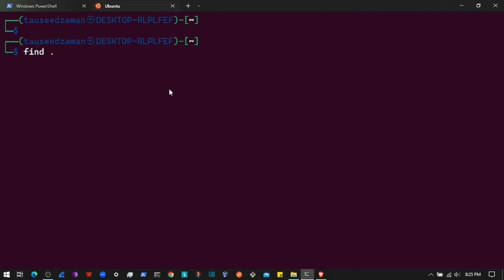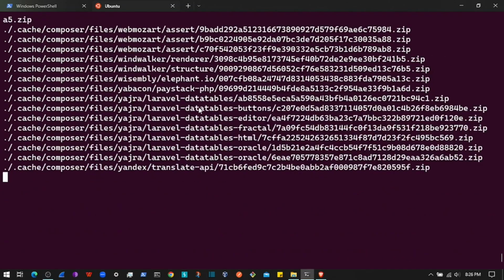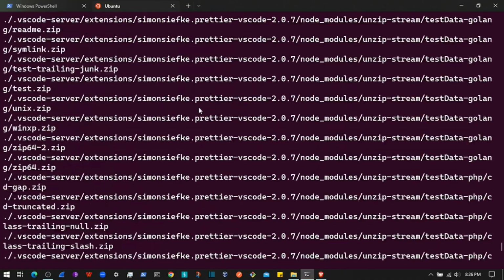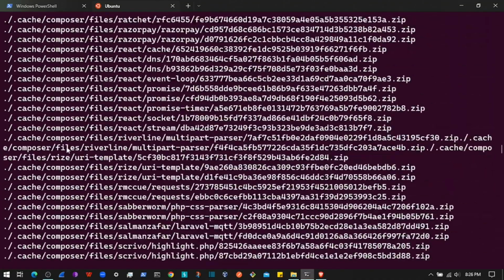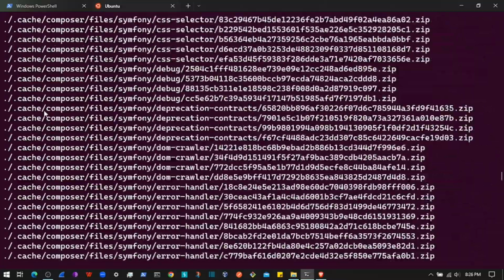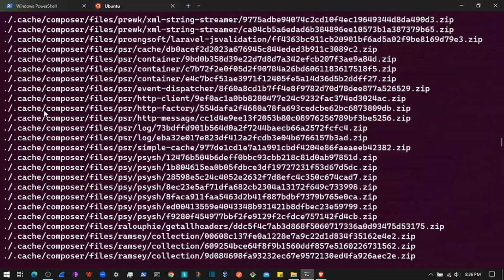and then the type is obviously file that we are looking for, and the name is the pattern that you want to find. So let's say I want to delete all the zip files that are in my account. So I will do it like this, and this is going to find all the zip files, a whole bunch of files. These are all caches, and I guess none of them is useful to me,